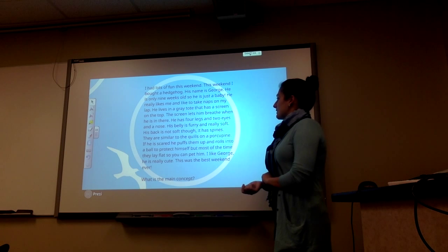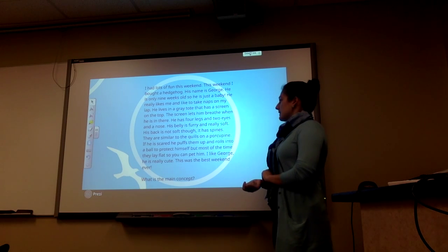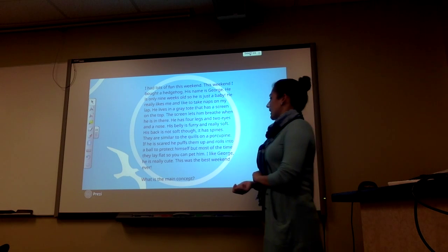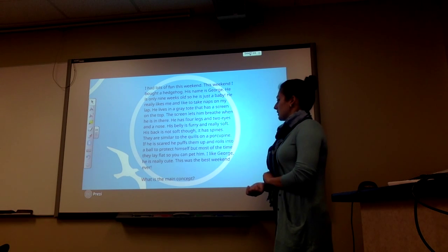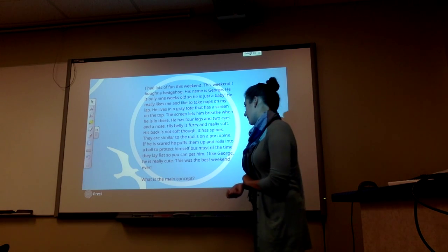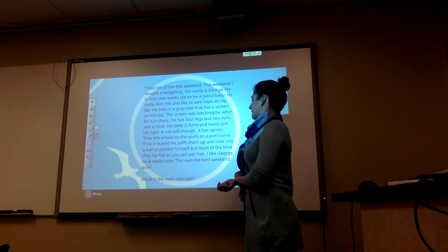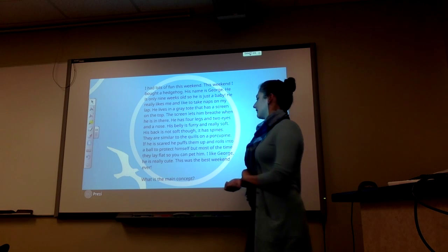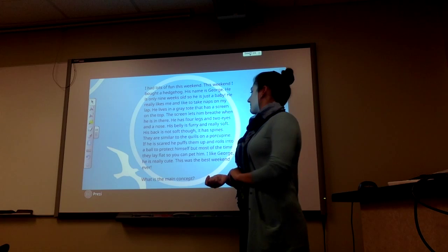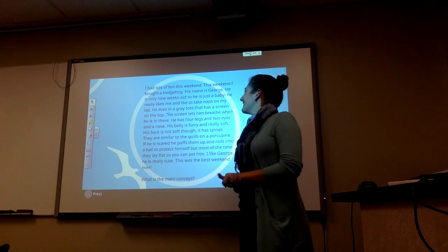He has 4 legs and 2 eyes and a nose. His belly is furry and really soft. His back is not soft though, it has spines. They're similar to the quills on a porcupine. If he is scared, he puffs them up and rolls into a ball to protect himself, but most of the time they lay flat so you can pet him. I like George. He is really cute. This was the best weekend ever. Okay? So,